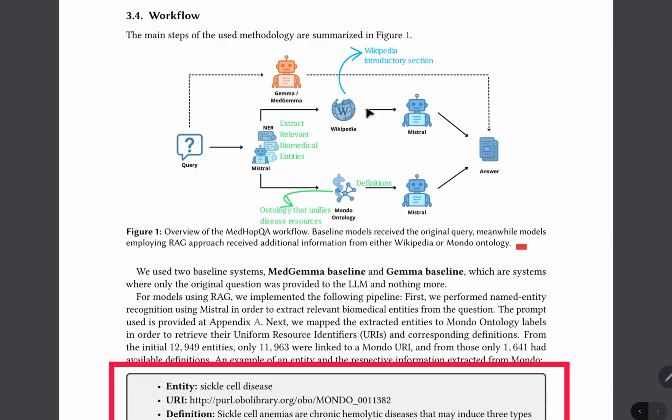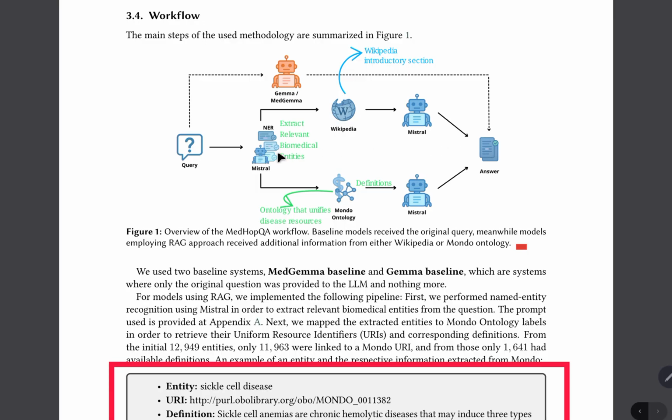In the case of Mixtral Wiki, we then search for the Wikipedia pages, extract the Wikipedia introduction section, and give that information joined with the query to our Mixtral system